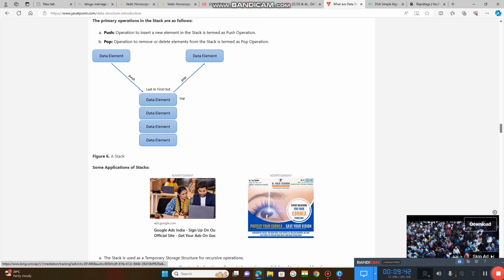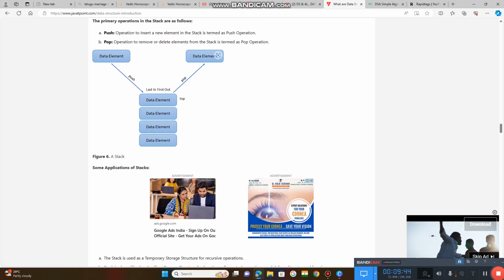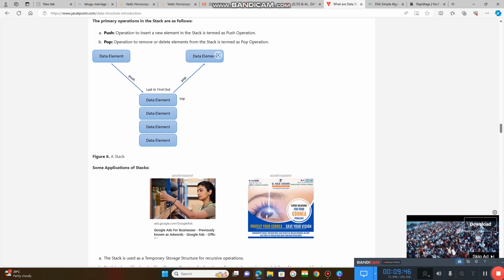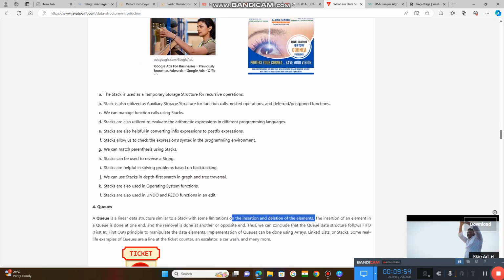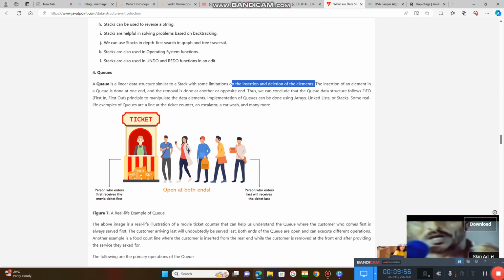But in a stack, insertion and deletion can be done at only one end, that is the top. We can't do any operation at the bottom end. But here in a queue, we can enter the element at one end and we can